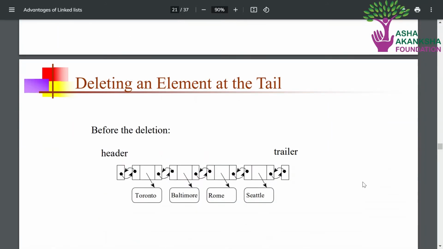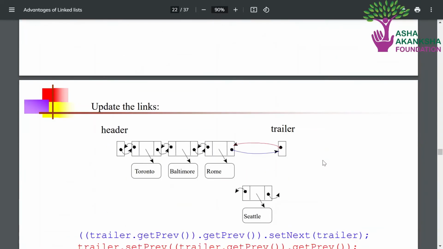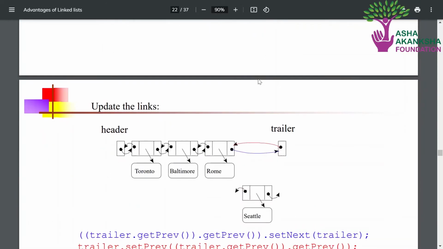So now we will see how to delete an element at the end of a doubly linked list. This is the linked list before the deletion. Now we want to delete this node from the end.